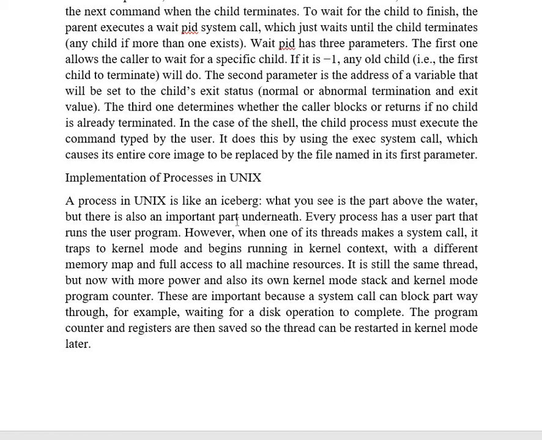So not just the thing what we see, there are other things which are to be considered. Every process has a user part that runs the user program. However, when one of its threads makes a system call, it traps to kernel mode and begins running in kernel context with a different memory map and full access to all machine resources. It is still the same thread, but now with more power and also its own kernel mode stack, kernel mode